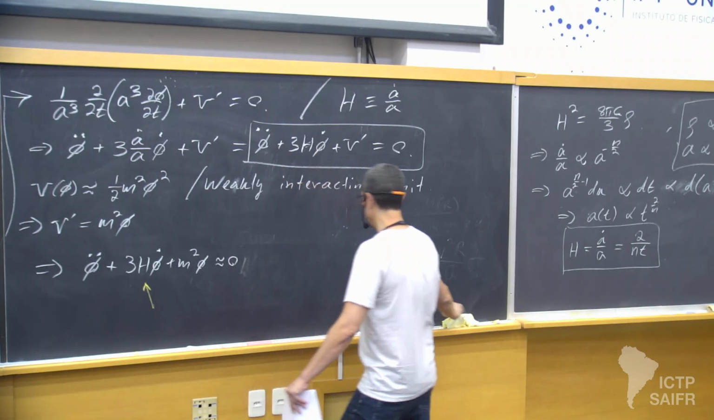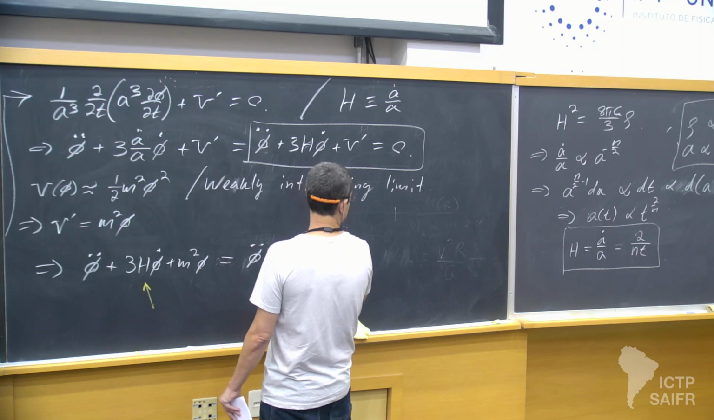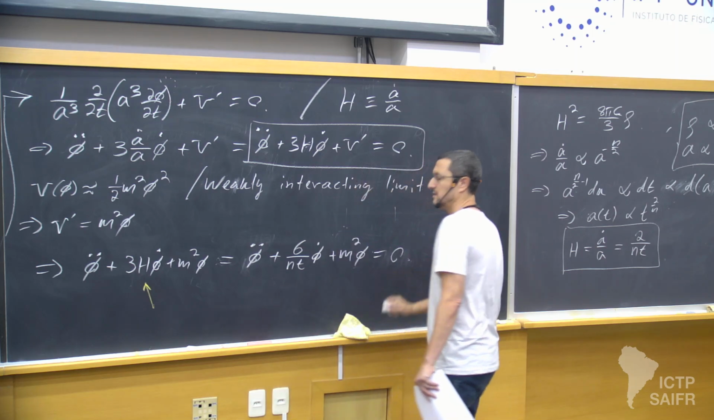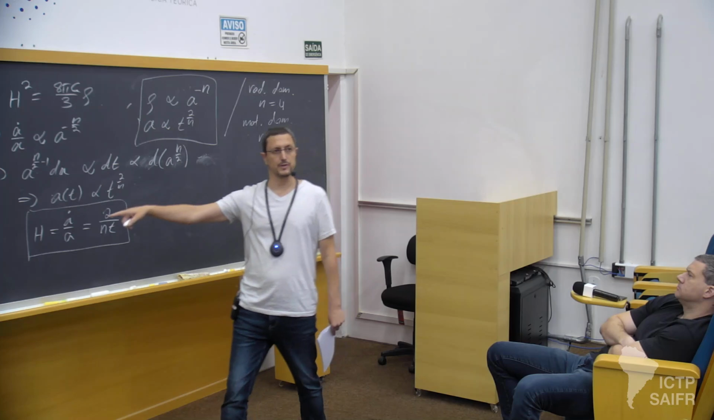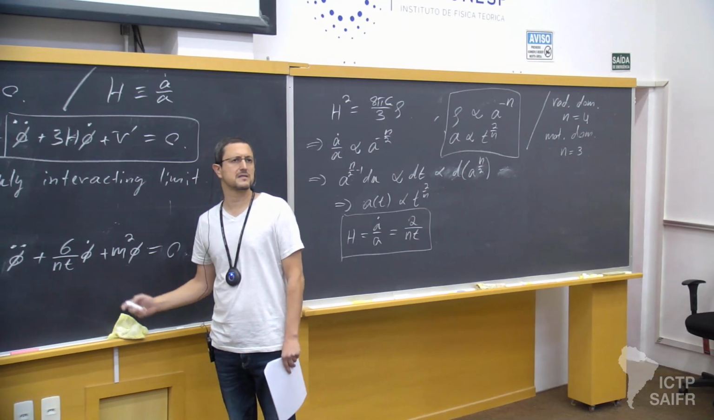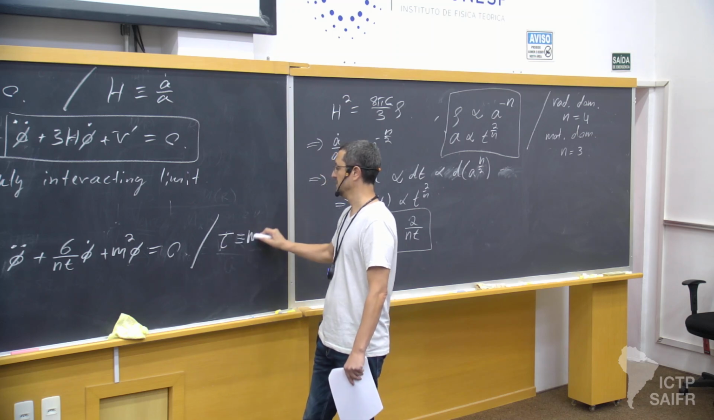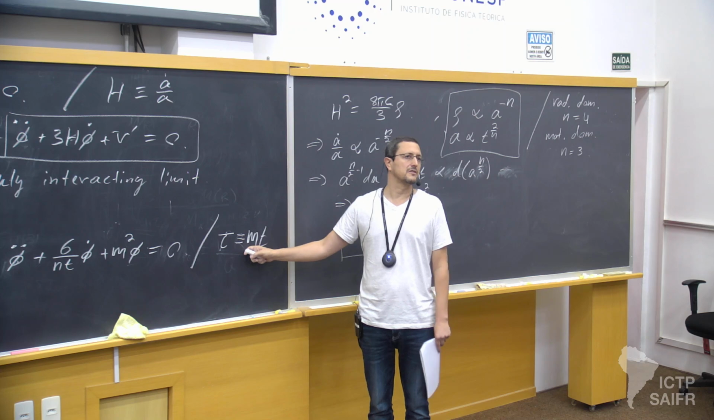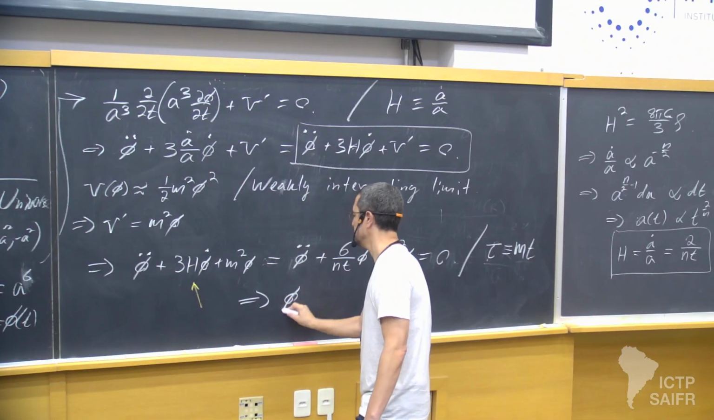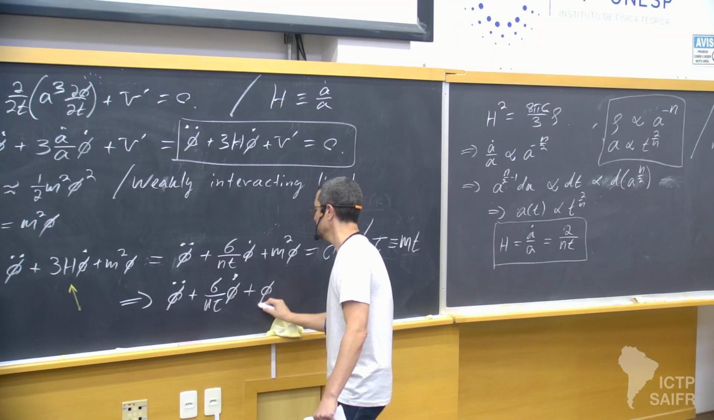So my equation becomes phi double dot plus 6 over nt phi dot plus m squared phi equals 0. This is what we need to solve. You already see this is very easy. As a physicist, the second thing you will do is to make this equation dimensionless. So it's nice to make this equation dimensionless by defining dimensionless time to be time measured in units of the Compton radius of the particle, for example. And then the equation of motion that we have is phi double dot plus 6 over n tau phi dot plus phi equals 0,